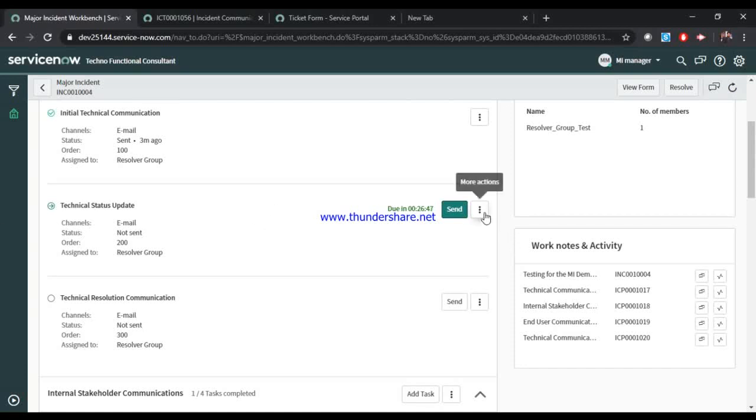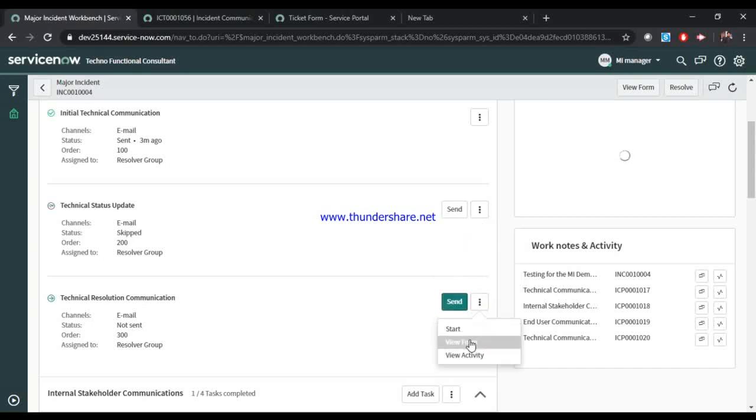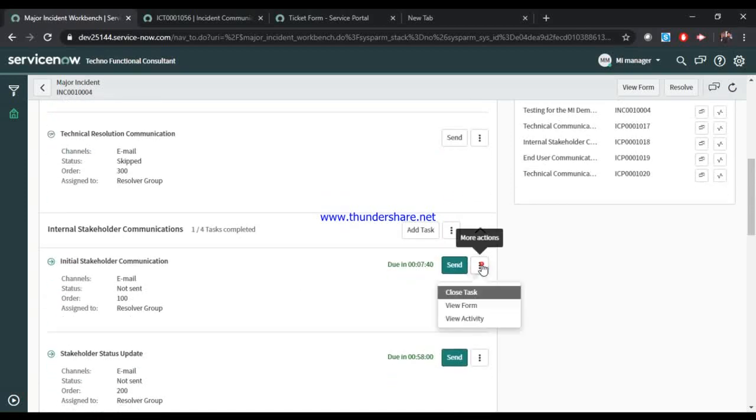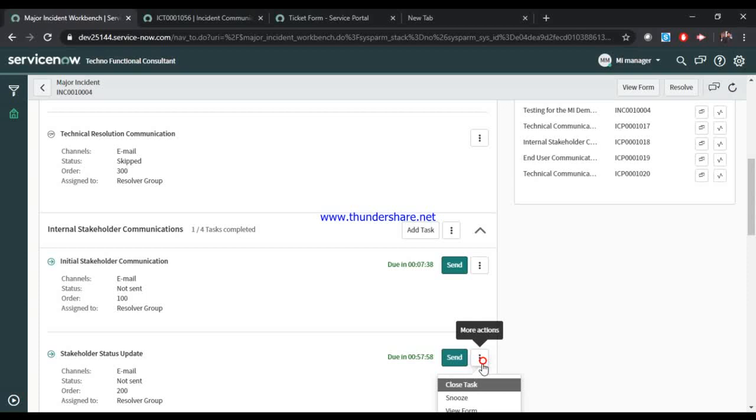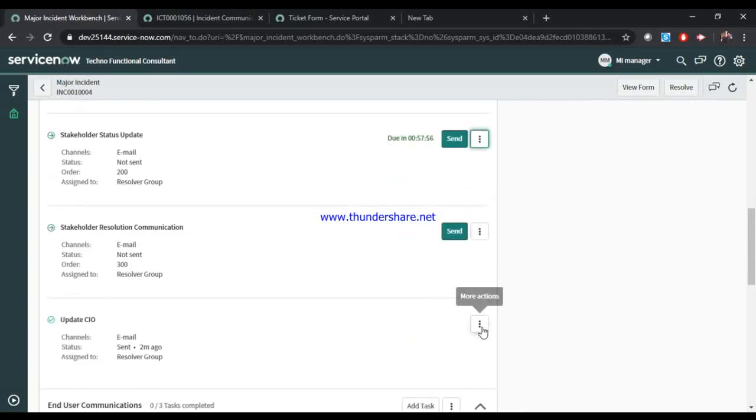So now if you want to close this, just click on this more option. Either you can snooze it by extending the time or you can close the task. So I can click close on the task. I'm closing every task from my end. Let me, yes. So now it has been done. Oh yeah, sorry, it is available. So it's a closed task. I can click here, it's a closed task. I want to close every task now. Okay, it is already closed.